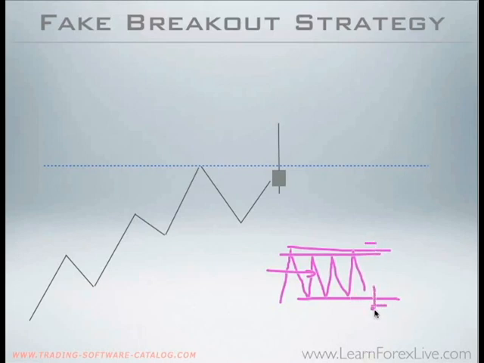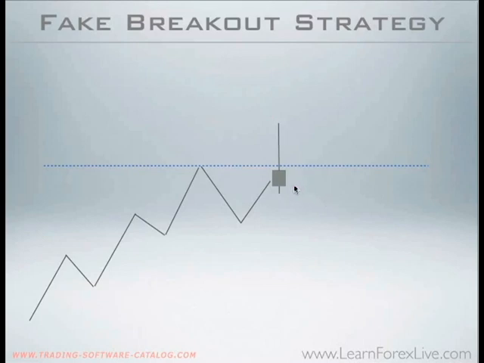So as soon as price breaks away from the range boundaries, they are immediately triggered into the market. Very bad idea, guys. Don't do that. You will be eaten by fake breakouts. Anyway, so all those people who went long there,